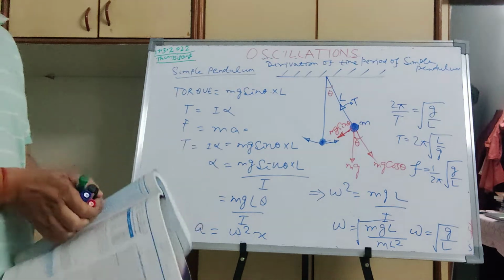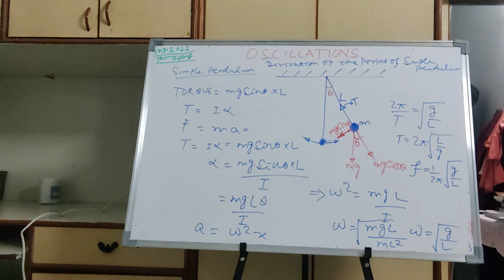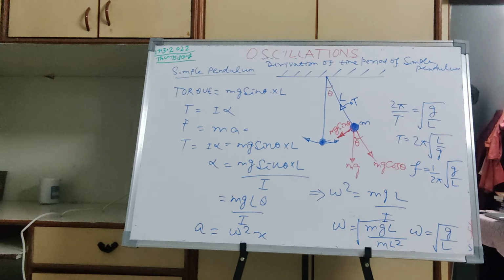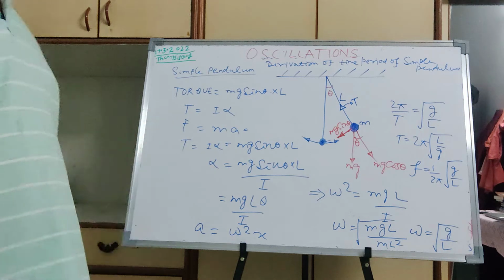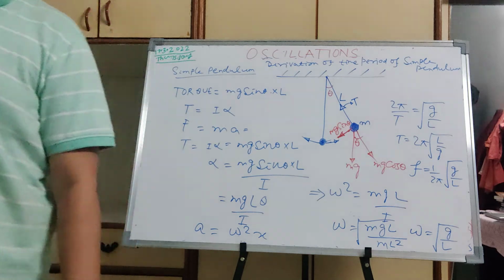So yesterday we derived the equation for the time period of a spring mass system. When the mass is displaced from its equilibrium position or mean position, and you just displace it and leave it, without continuing to apply force, then in the absence of air resistance the mass will keep on oscillating about the mean position. For that ideal oscillation, we derived the time period, frequency, and all that, and then we